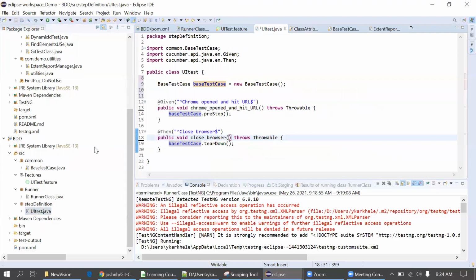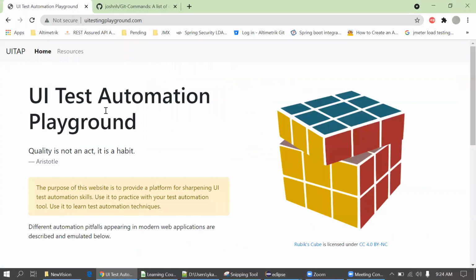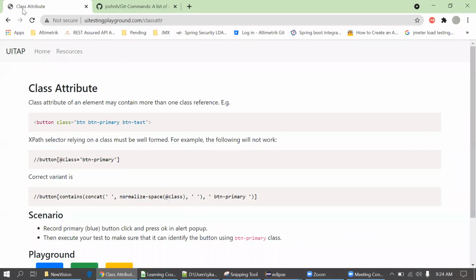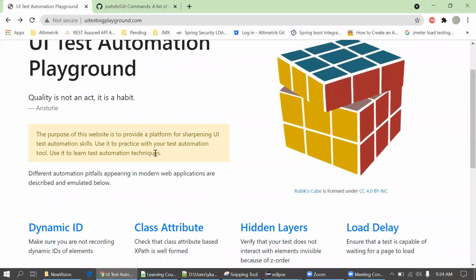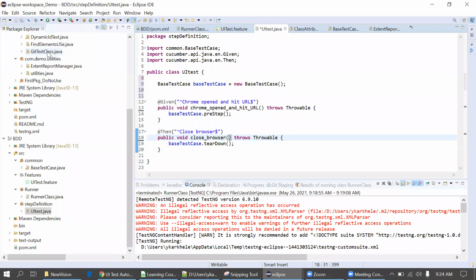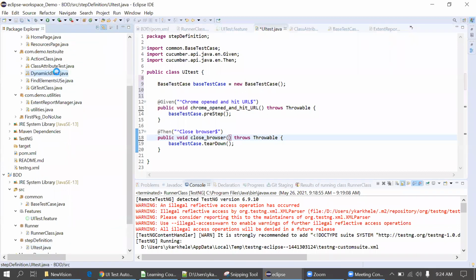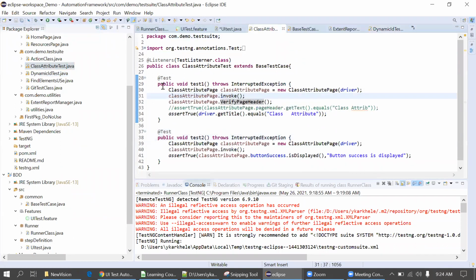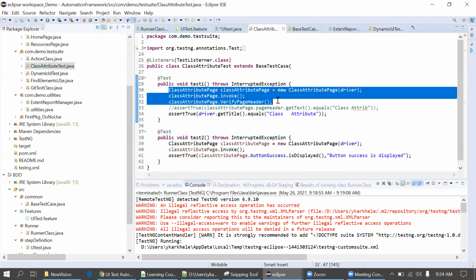It's totally confusing for me, Nagendra. Just consider you have to open a page. Suppose you have to launch the home page, and then click on the class attribute page. What will you do? You will simply create an object of this class attribute page like this. I'm copying this code from the previous framework.